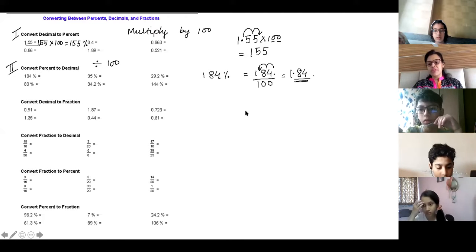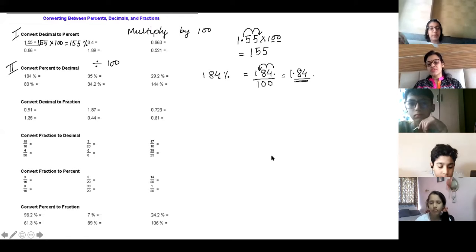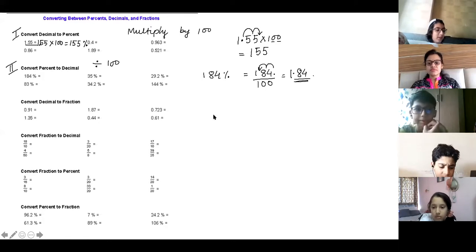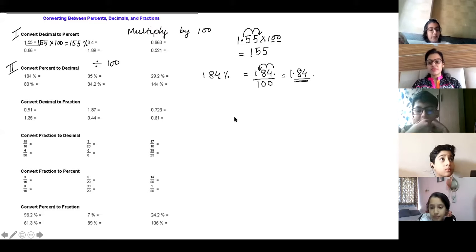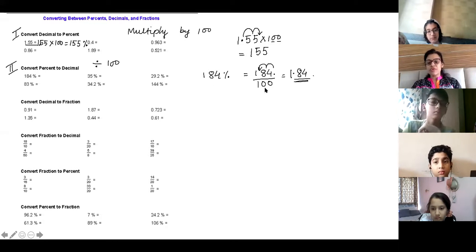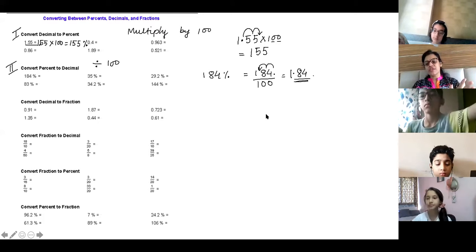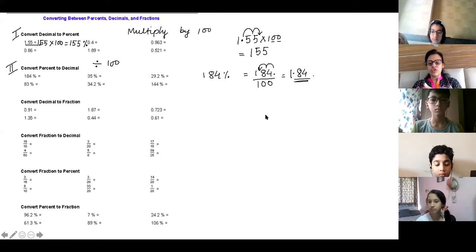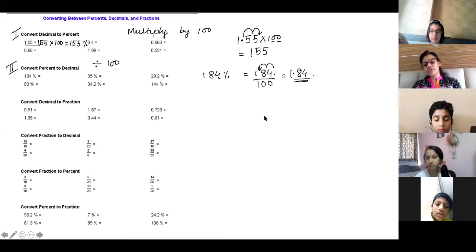You can do any method. I won't mark you wrong. But ma'am, the second question, which is convert percent to decimal, I did it the long way: I did the lowest form, then I divided it. Now you remember this one, shifting this. If you get 10 questions in the exam and you're following the long methods, you'll be able to do only 5 questions. Although the 5 questions are correct. So that's why I'm telling you, just go for the shortcut methods.